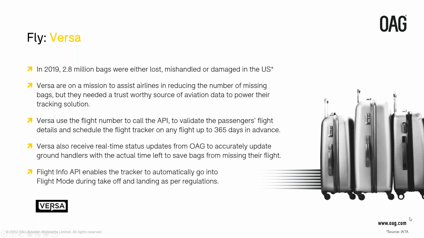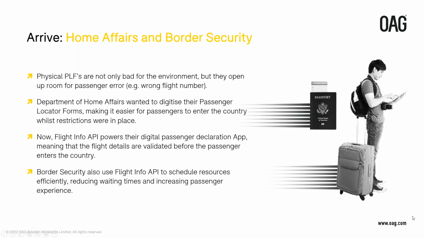And so moving on, if we think about when we're arriving, Home Affairs or border management departments across the world are responsible for the safety and security of their country and often oversee documentation management so they know who is entering the country. A passenger locator form, or more commonly known as a PLF, is a form used by many countries to obtain information about incoming passengers, arriving predominantly via international travel. It typically requests things like contact and journey details, and also details about their stay.